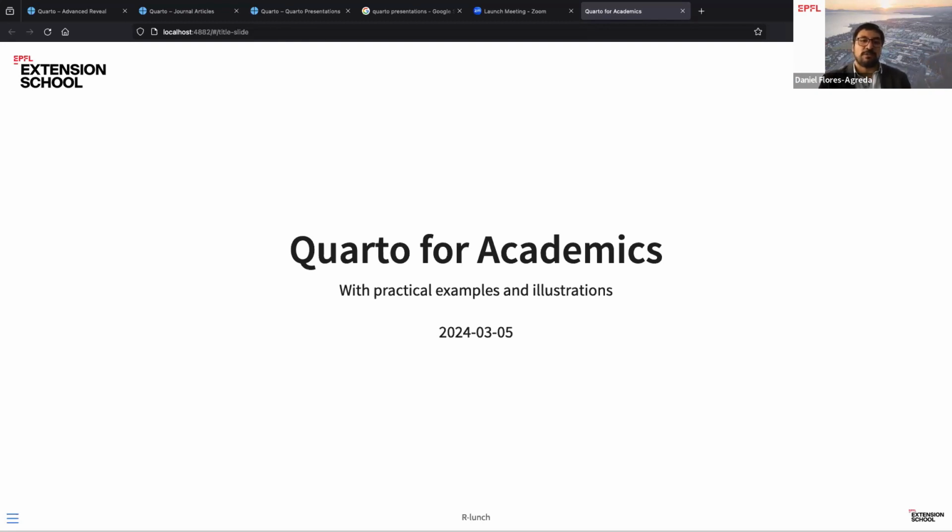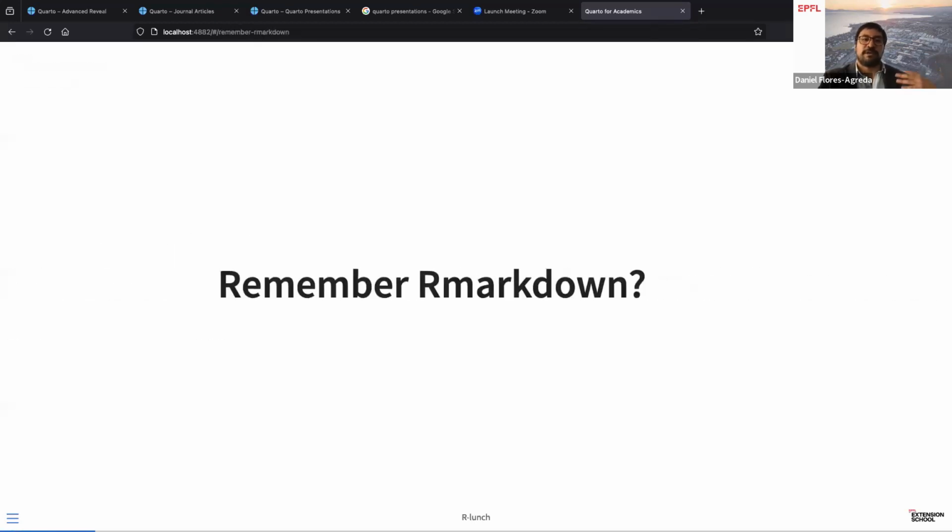That means Quarto being used in the academic setting. And I will explain what Quarto is, a little bit of background, and illustrate with some examples of the many different publishing possibilities that this tool has. Okay. So let me start by just a little, let's say, it's not a eulogy, just an homage to R